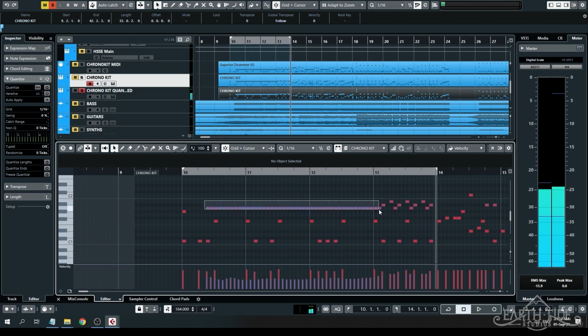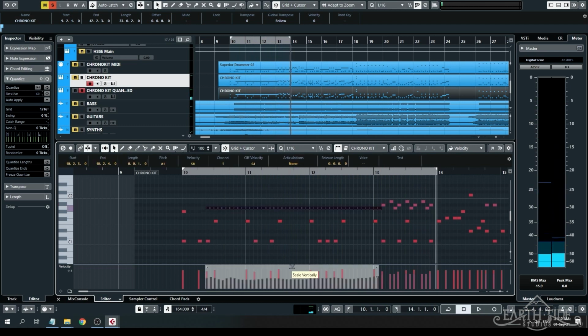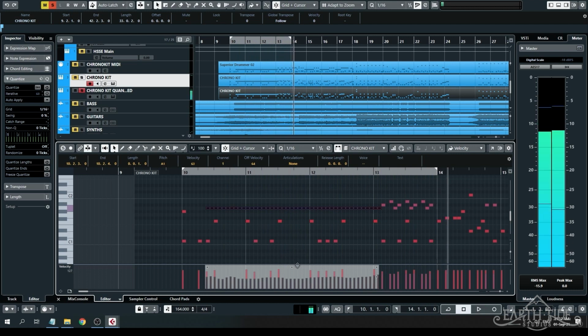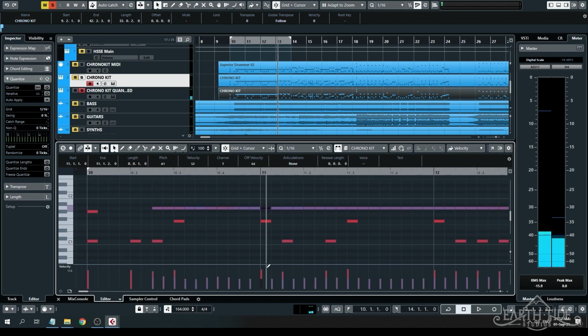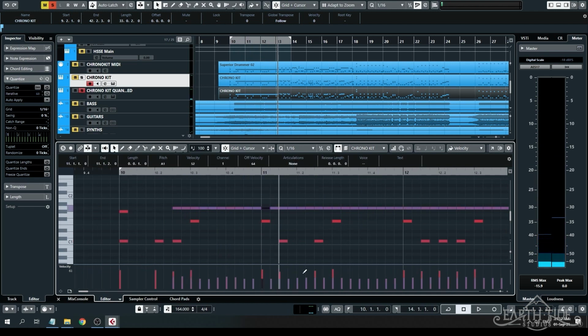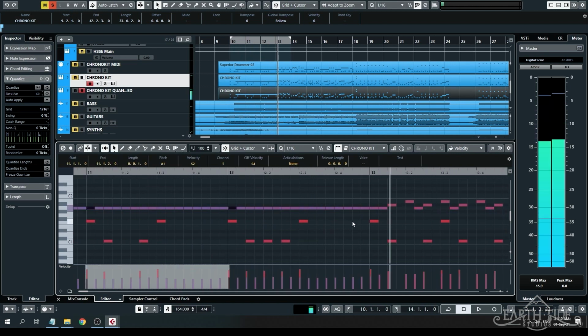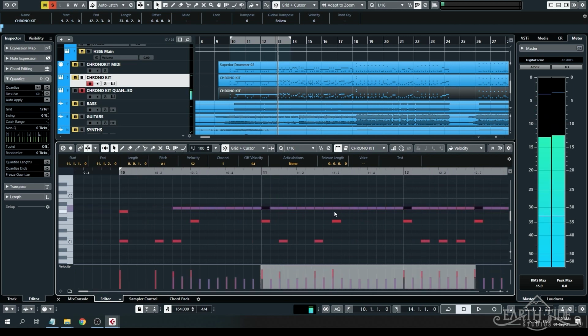And you'll notice that straight away, these hi-hats are all just a little bit too quiet. So we're going to bring them up a little bit. And I'm also noticing on the hi-hats that are happening when the snares are happening, they're a bit too quiet